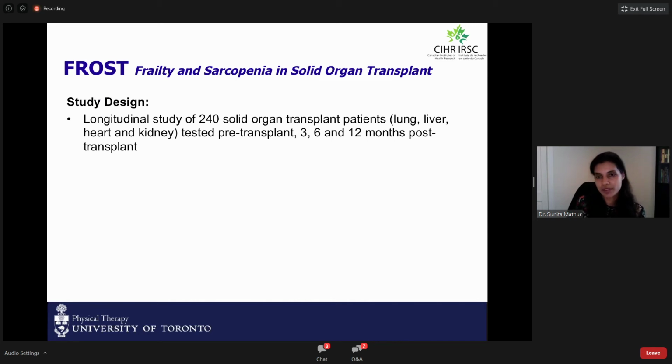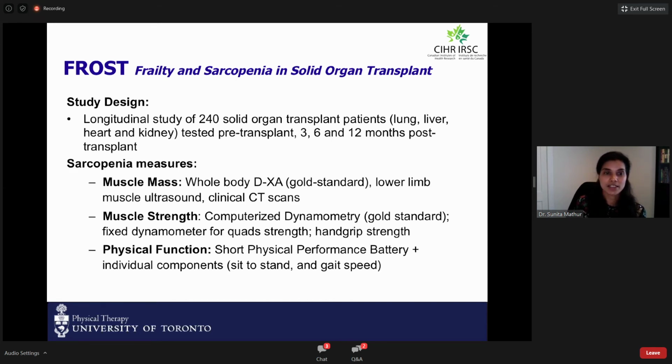And we test them before the transplant, and then 3, 6, and 12 months after the transplant. And we're doing a whole battery of sarcopenia measures, a combination of gold standards and more clinically relevant measures. So we're using DEXA scan for muscle mass, but we're also trying to validate ultrasound and our clinical CT method. For muscle strength, we're using our Biodex, but we're also using our fixed dynamometer, the MEDUP, for quad strength, and